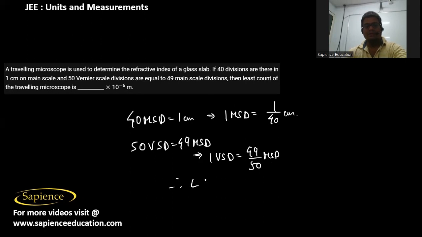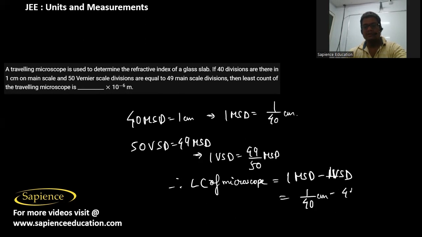So now the least count of the traveling microscope, which is obviously a vernier calipers, will be equal to 1 main scale division minus 1 vernier scale division. So 1 main scale division is 1 by 40 centimeter, and 1 vernier scale division is 49 by 50 into the